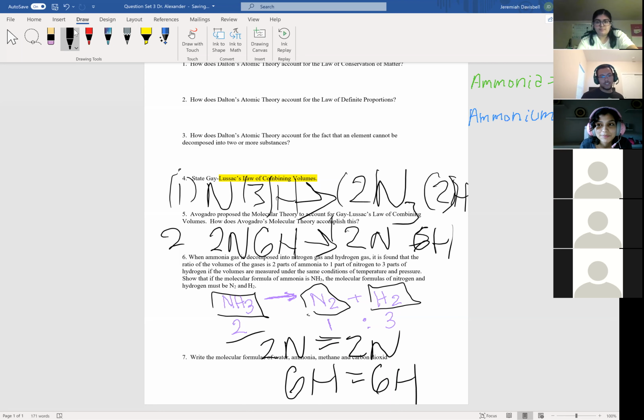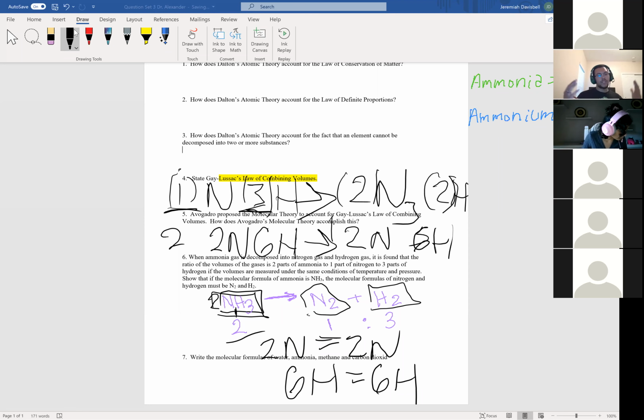Can you go through that one more time? You kind of lost me there. Sorry. Okay, so when he says the 2 parts, I don't know if you guys have talked about moles yet, but basically he's saying that you have a 2 in front of this compound right here, which is ammonia. Since there's a 2 in front of it, we know that there's an invisible 1 subscript here. So I put these subscripts in the front, the 1 and the 3, so that we know how much of that element we have just from the equation itself.